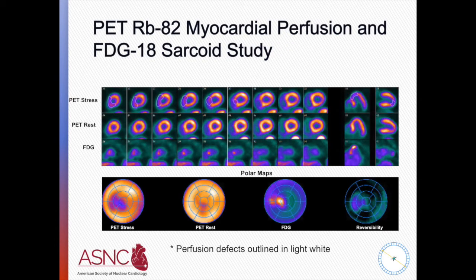So here we have the images of both the myocardial perfusion and also the Sarcoid study. At the top panel, we see the images during stress, followed by the images at rest. And at the bottom, we see the FDG images. In the lower part of the slide, we see the polar maps, which basically make it easier for the interpretation